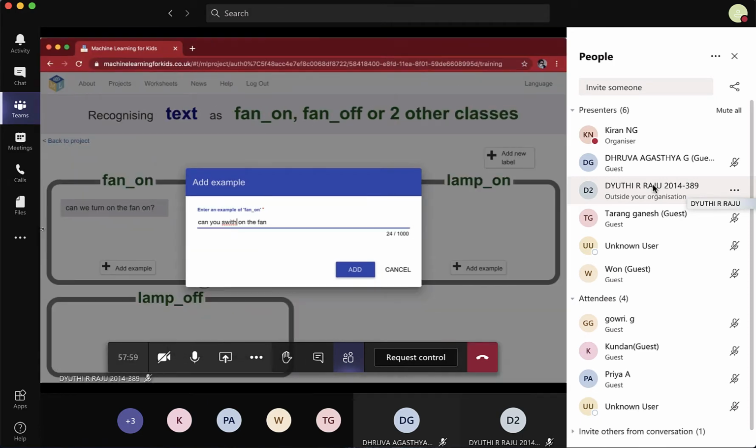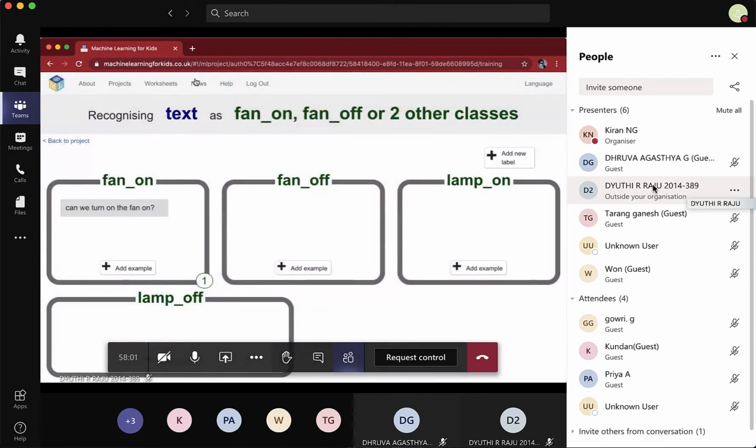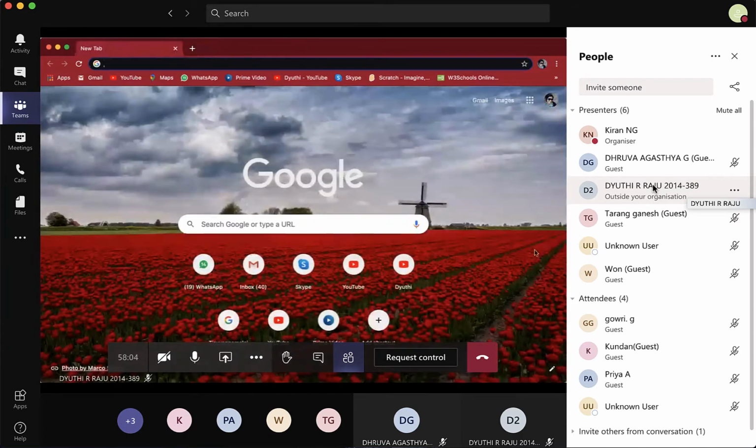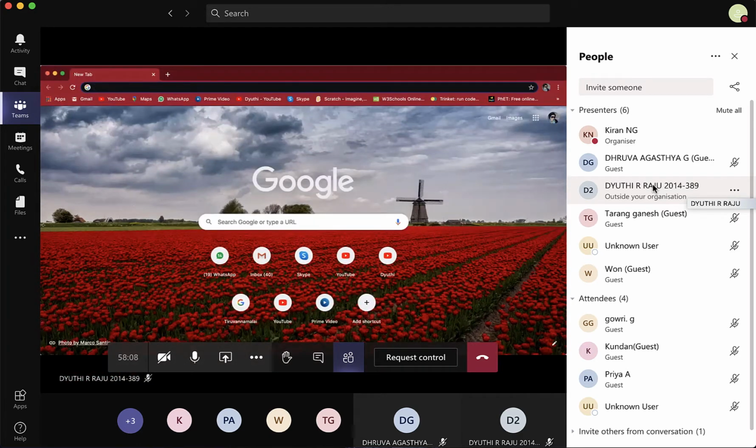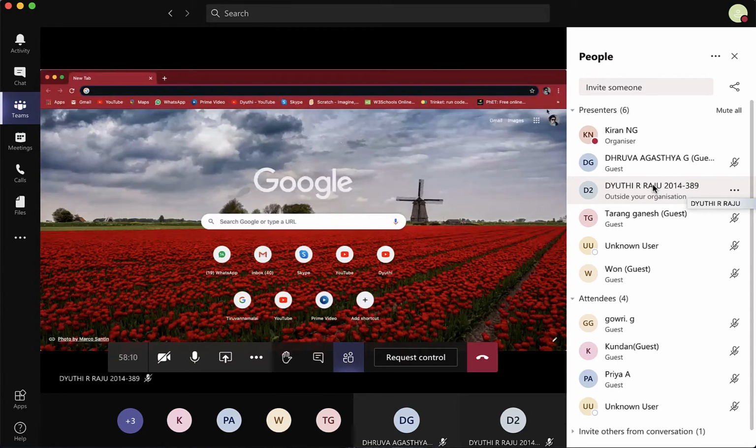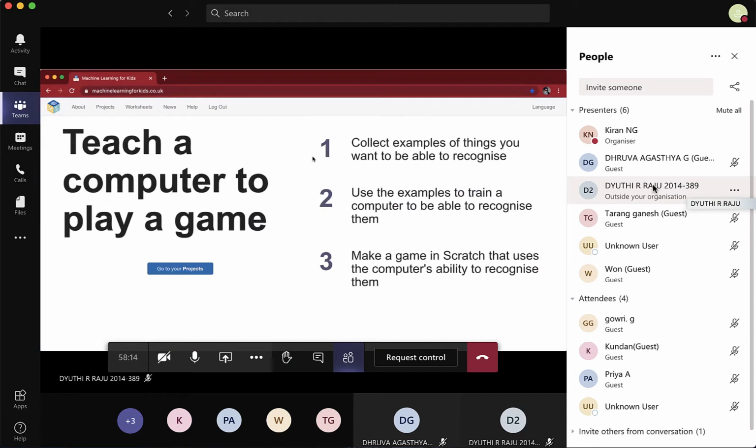Can you explain what this is? We can't, because none of us have tried this. You have to explain to us from the beginning what you are doing. What is this?